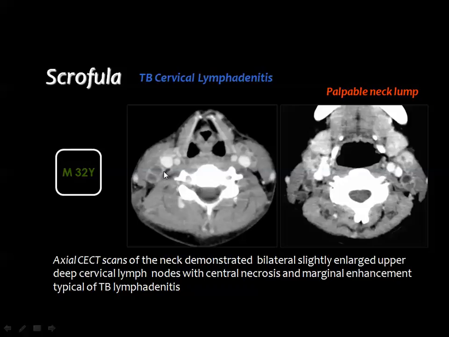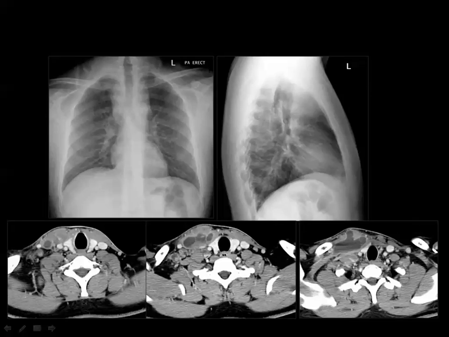And this is an example of TB cervical lymphadenitis: two lymph nodes deep to the sternomastoid muscle, and multiple smaller lymph nodes deep to the sternomastoid muscle. According to the literature, they are in the subacute phase with central caseation or necrosis and marginal enhancement. And this chest X-ray shows some broadening of the superior mediastinum. The CT scan showed some of the necrotic nodes at the root of the neck with amalgamation and central liquefaction forming a large abscess cavity